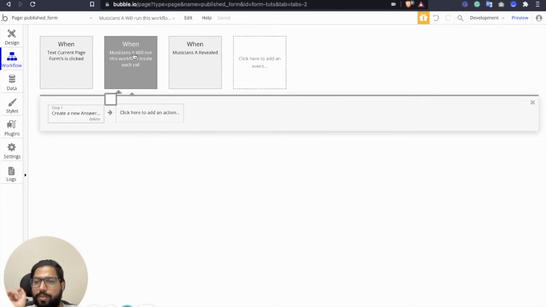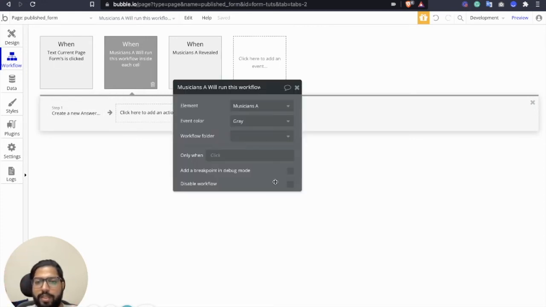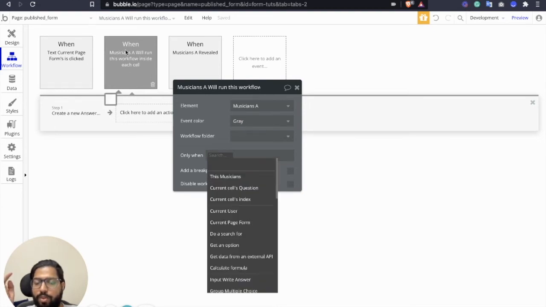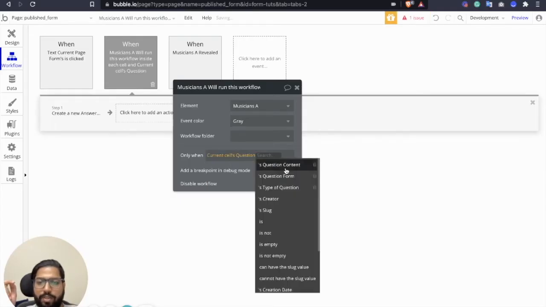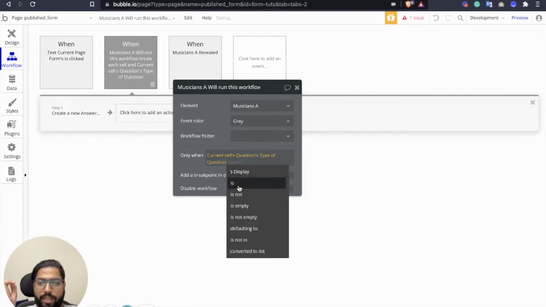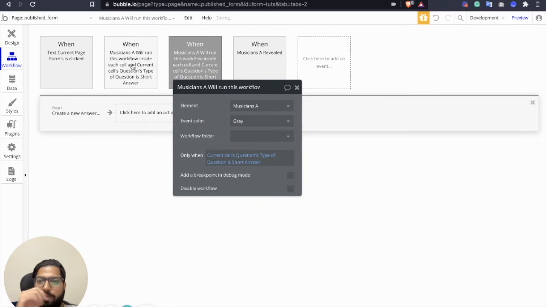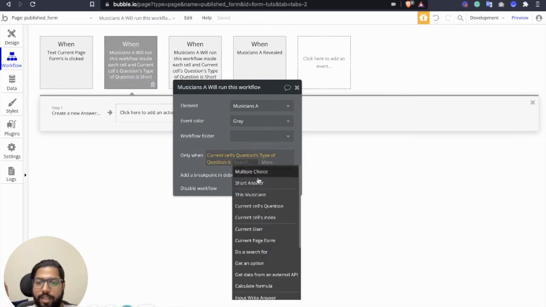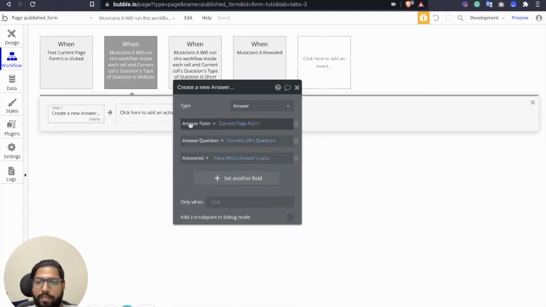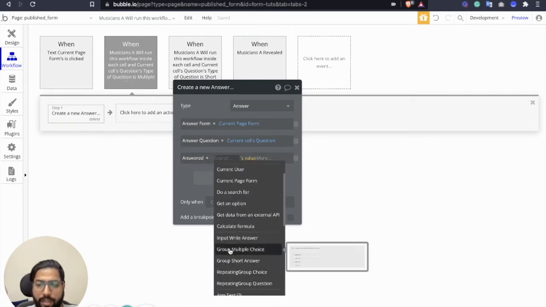But we also need to change one thing. Right now, whenever you are storing the answer, we have two types of questions. So we are going to limit this workflow so it only happens when the current cell's question type is short answer, because we are storing the value from an input box. We again do the same thing, copy and paste this, but in this one we trigger the workflow whenever the question is multiple choice, and inside that we need to change the answered value: instead of input, we're going to say